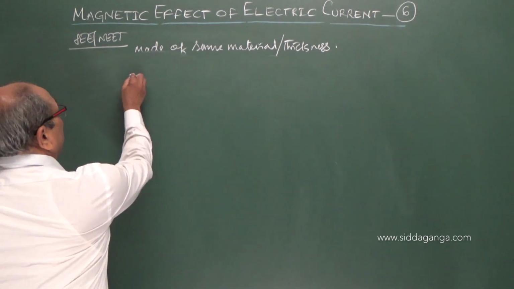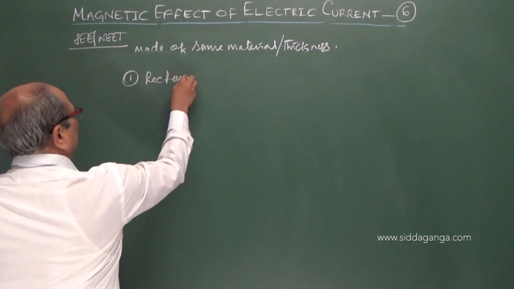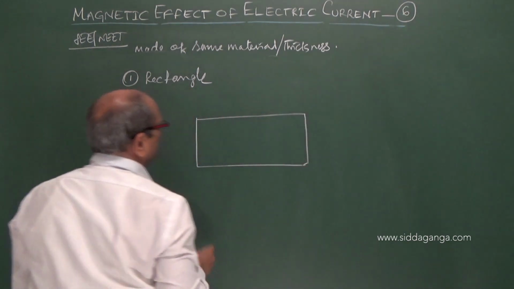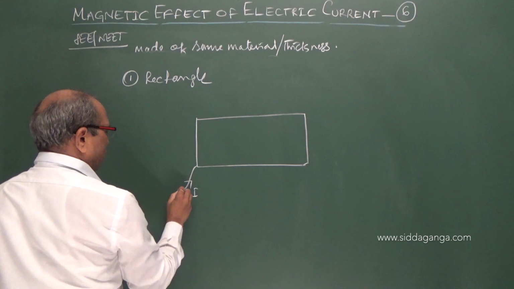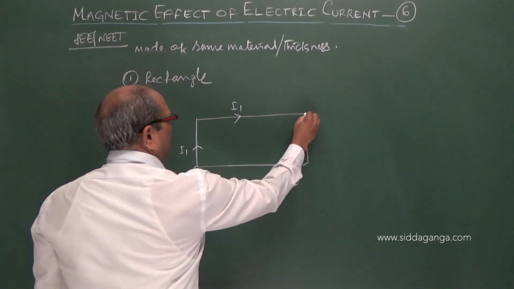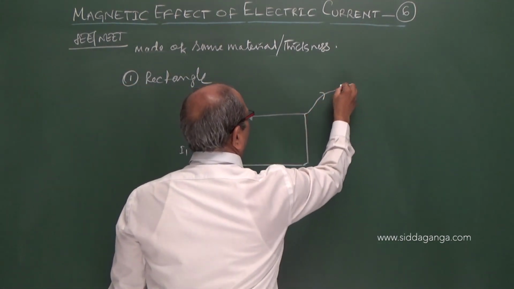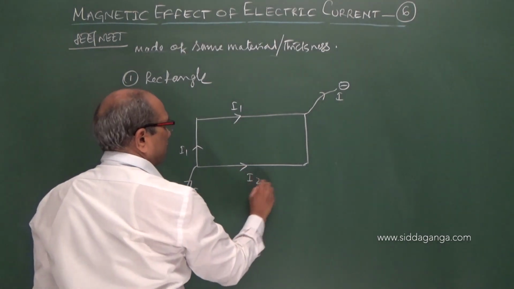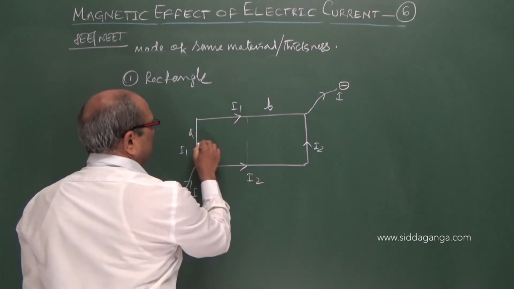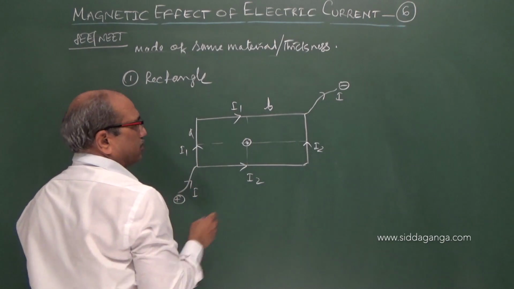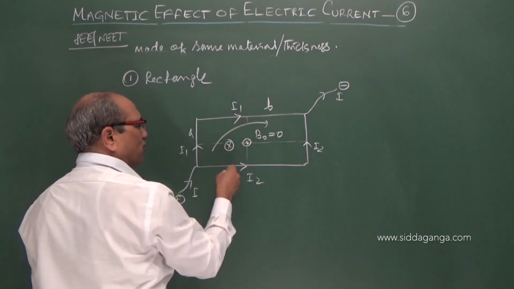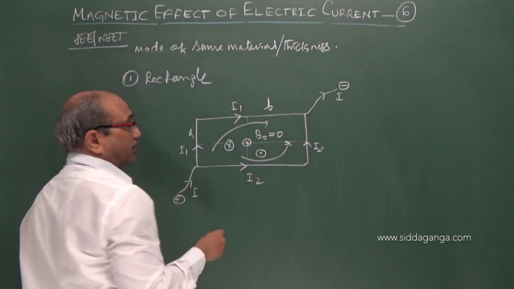Even if you take a rectangular shape, given the current at this end I that splits and goes like I1 and I2, and taken here at the other end I out. Here the current I2, it may be B and A, but when you see the center of this, again the field at the center is 0. Clockwise is opposite, into the board; anti-clockwise is plus, but the magnitude is the same.